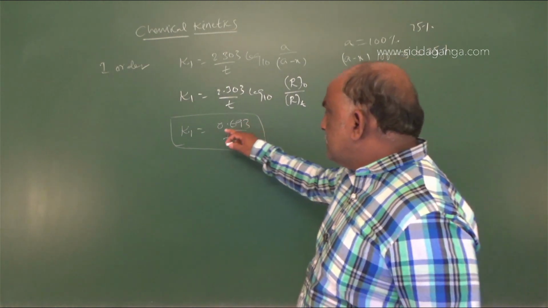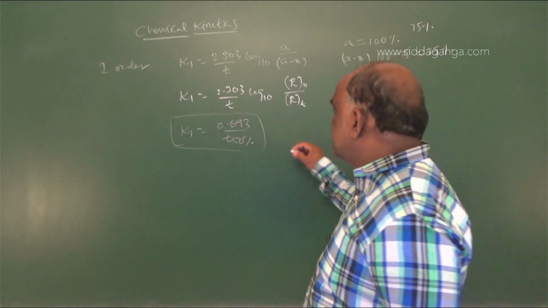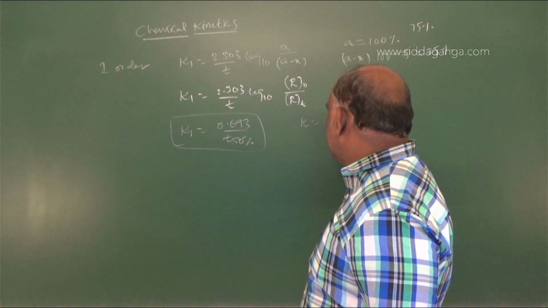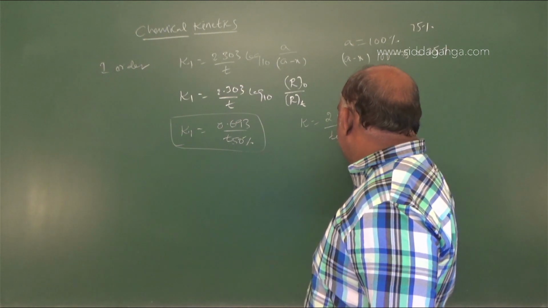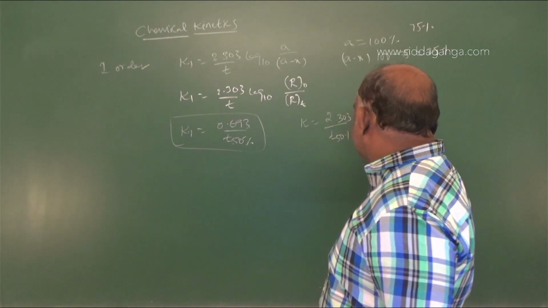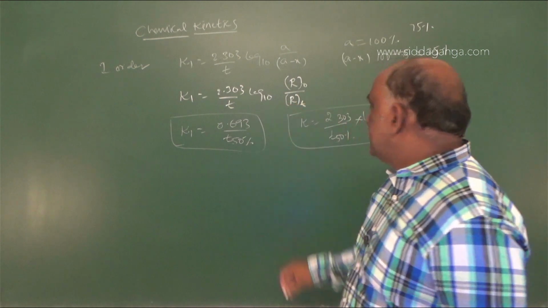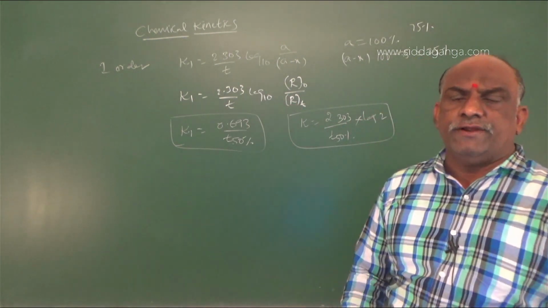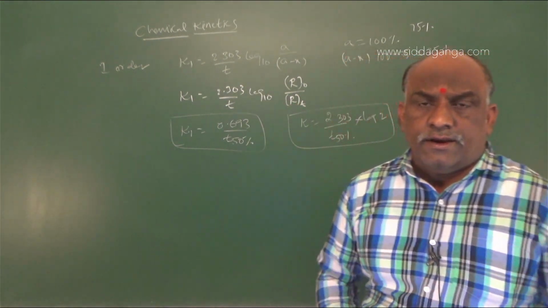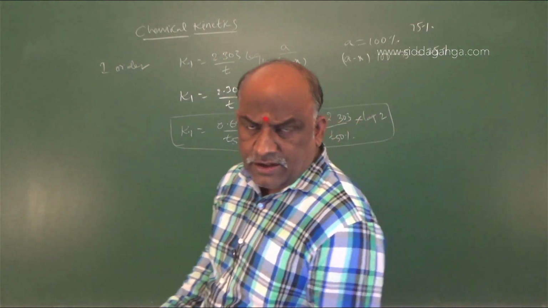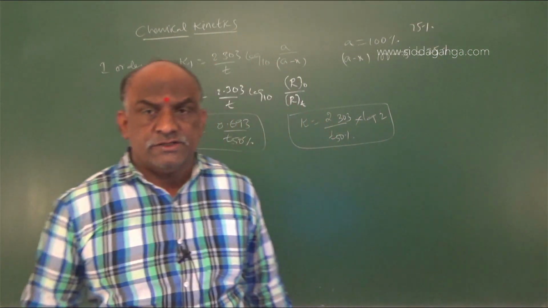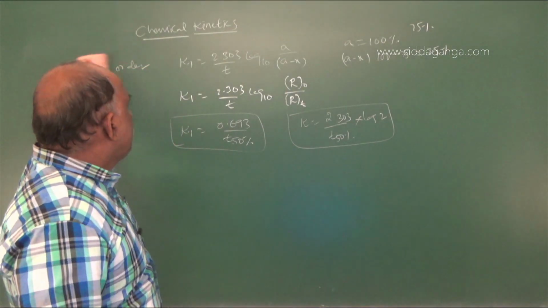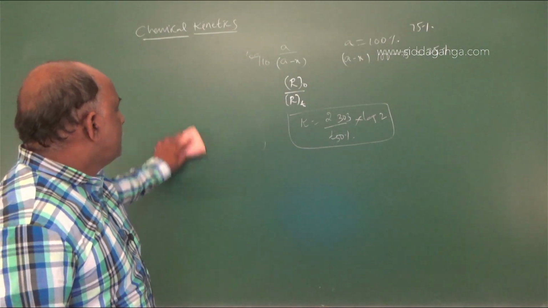Clear? So for numericals and calculations, we should go with K is equal to 2.303 by t50% log 2. Actually we should write 2.303 by t50 into log 2. And we already did the graphical representations. One will be the negative slope and the second one a positive slope. We already finished that in the last class. So for today's topic,